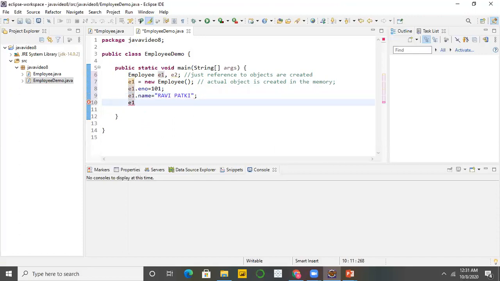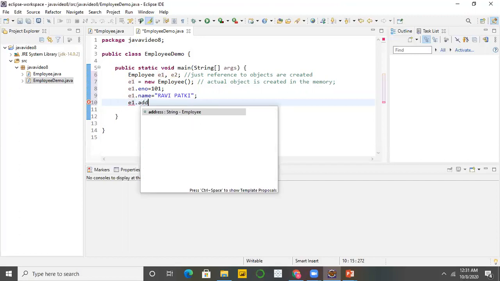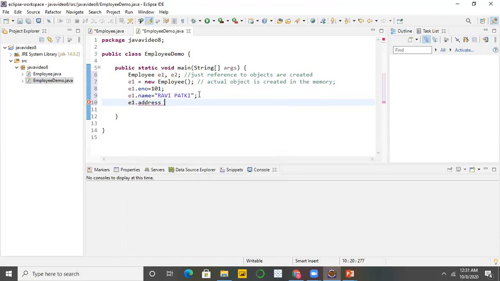Again, E1 dot address is again a string type. Suppose it is D102, Pune. So in this way you can access the instance variables.